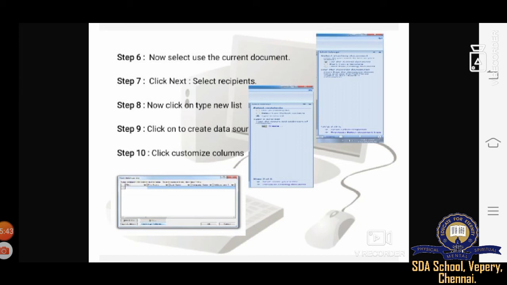Then after doing all these things, give the OK button to that mail merge. Okay, after you give all that, then you give a command to OK. Then automatically whatever you have created, shall we discuss again the steps whatever we have done?